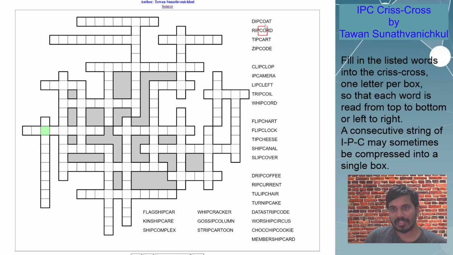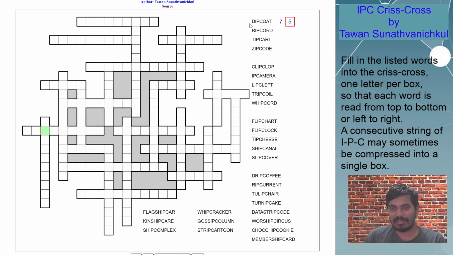For example, the dip code, it's a 7-letter word, and you have one string IPC which can be compressed into one cell based on the rules. That means that this whole word dip code can either be 7-letter if IPC is spelled in each individual cell, or it can be of